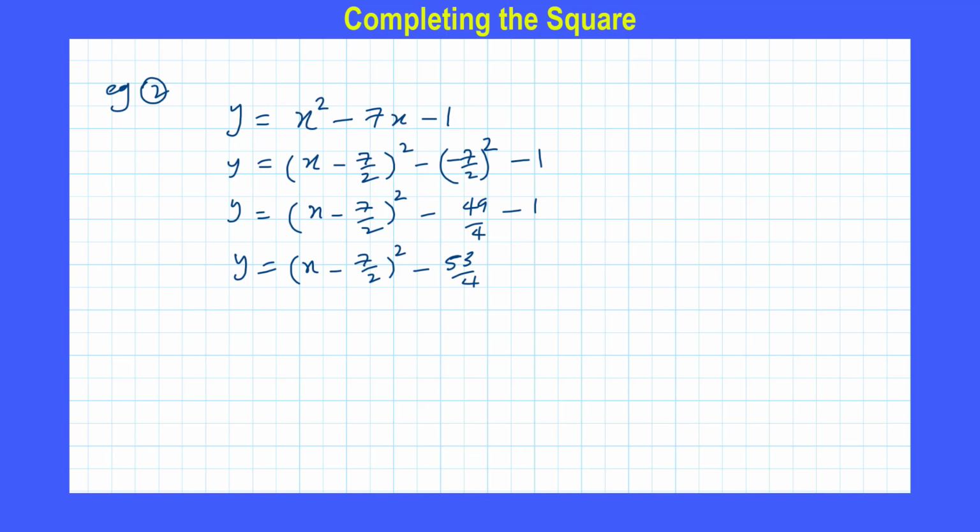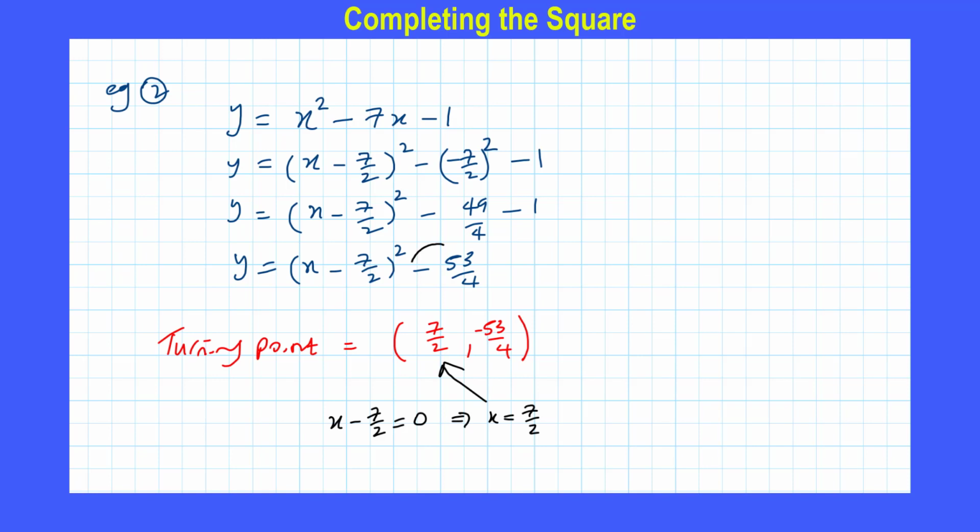Now I know from looking at this that for the turning point, I solve the bracket equal to 0, and that's going to give me 7 over 2. And the bit at the end is the y coordinate, which is negative 53 over 4. Okay, so this is just showing how I've got the x value. So if I want to draw this out,